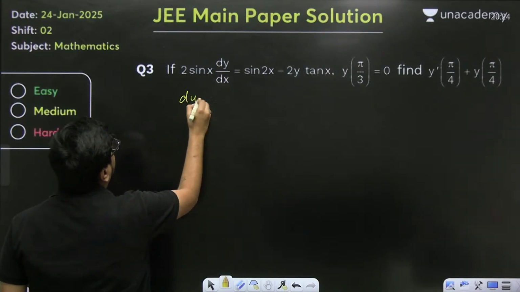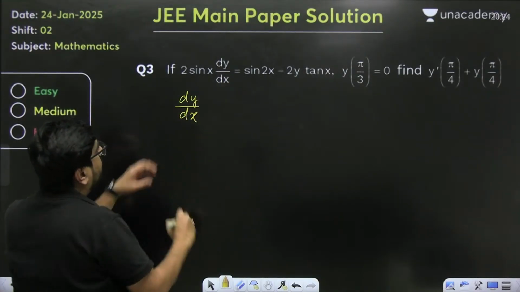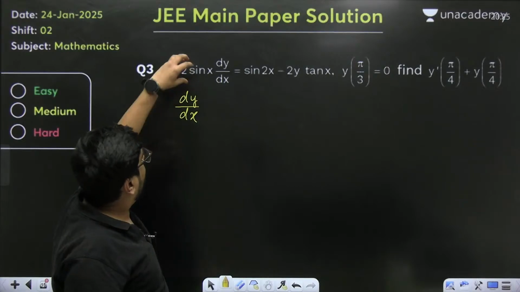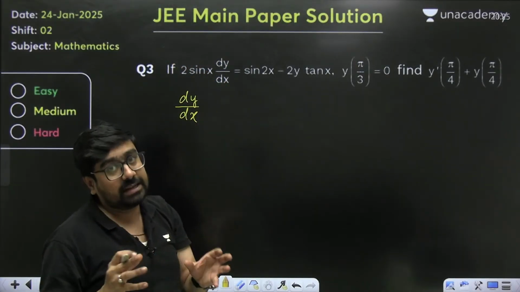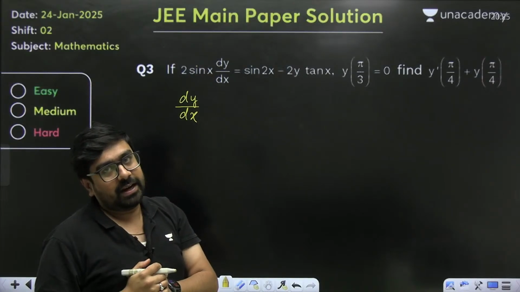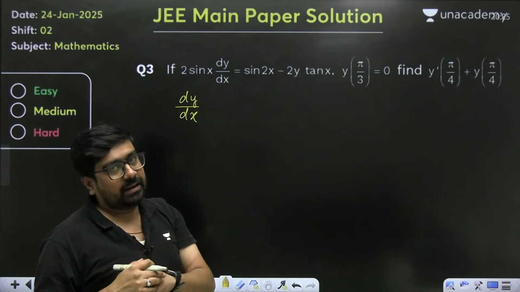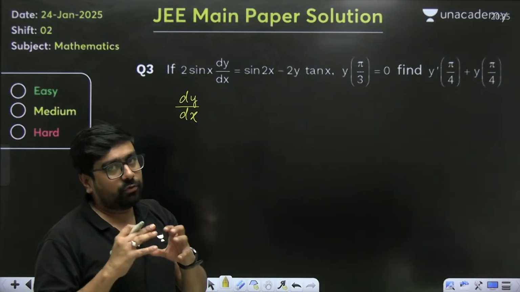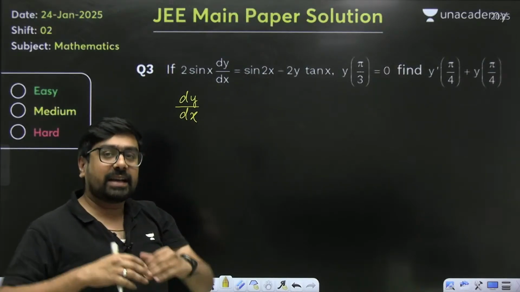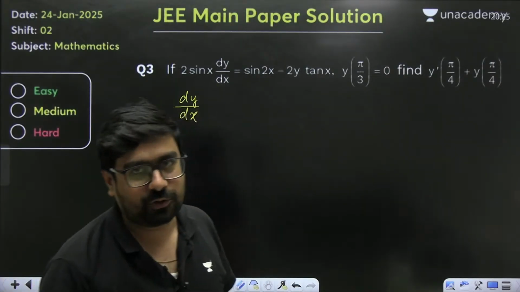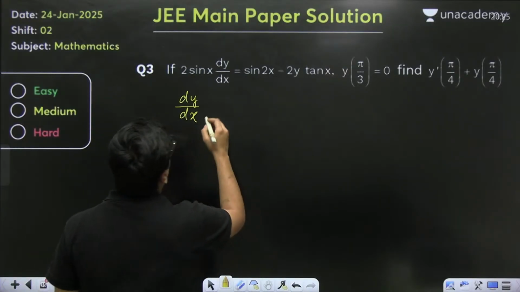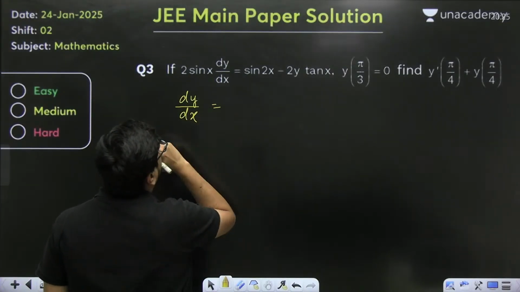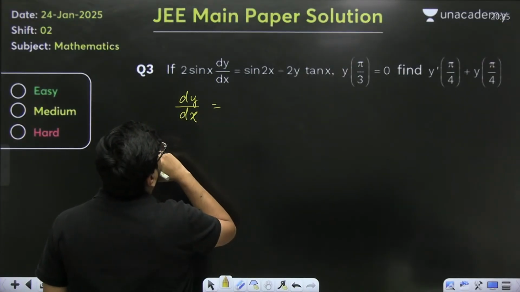By dy by dx is this side. Now, in what way will you create the linear differential equation? That is also a catch over here, right? If you want to create a differential equation, you have to create it very smartly. First, create the differential equation, then go for its solution. So how to create that? If we keep dy by dx on one side, and send everything on the other side, okay? So dy by dx